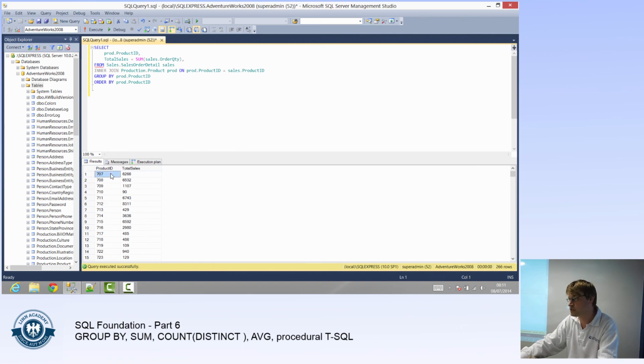For example, I can place an order for product 707. In one order, I can order 5. In another order, I can order 10. In the other order, I can order 1. So what we want to know is how many. Okay, this is how many sold altogether, but how many orders of those products actually generated this? Then we can do some calculation. What's the average order quantity per order? So when a customer calls in, how many items do they actually order in one go? What we can expect. So any suggestions what we can